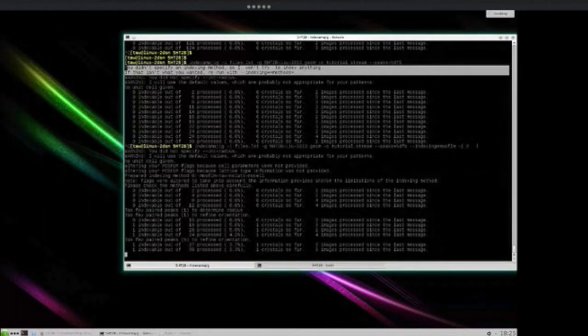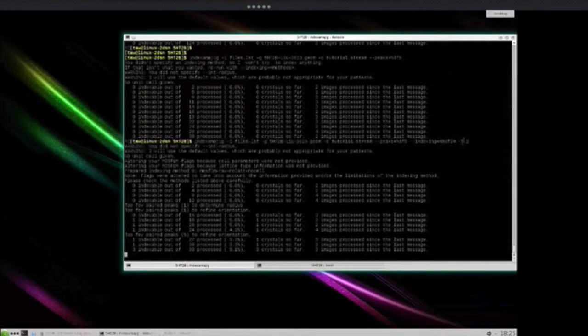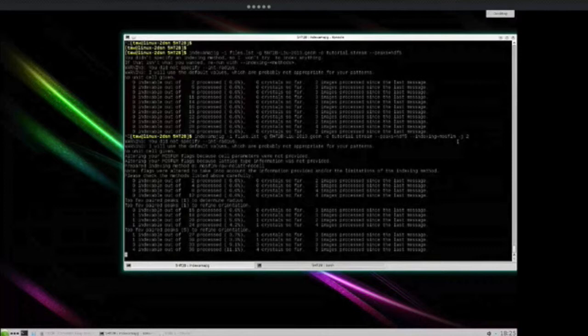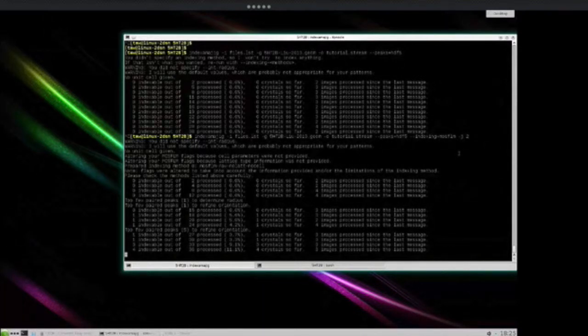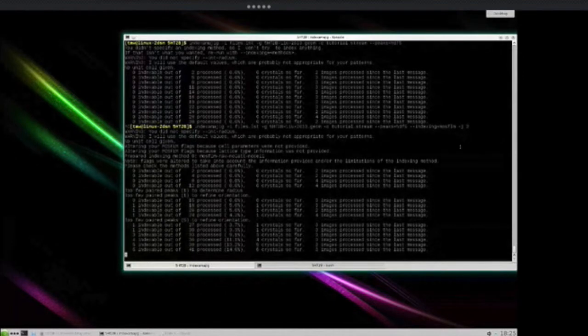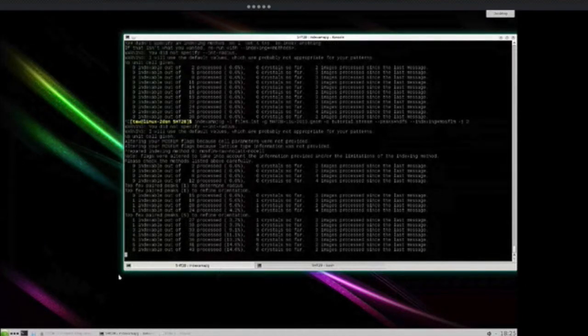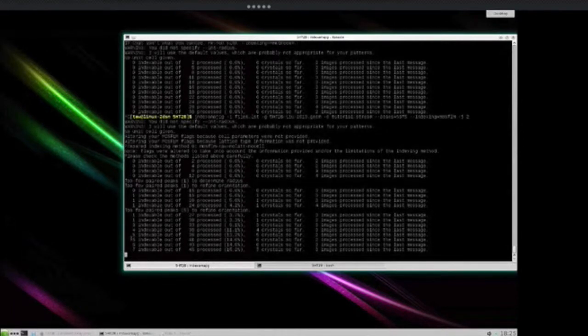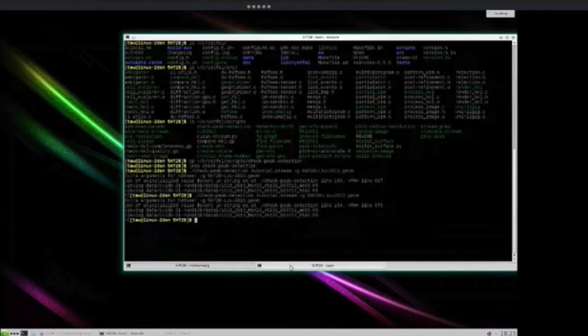About the -j2, that's telling it to run two analyses in parallel. So if you have a fast multi-core machine, you can use higher numbers here. I'm just running this on a puny virtual machine, so I'm just using two processors in parallel. If you had a bigger machine, for example, we have a 32-core machine, you might use -j32, and it will go a lot faster. So that's running, and it's reporting its progress on the terminal. Because we told it to index things, it's telling us things are indexable, and it's found a certain number of crystals. While that's running, let's swap to the other tab again and have a look inside that